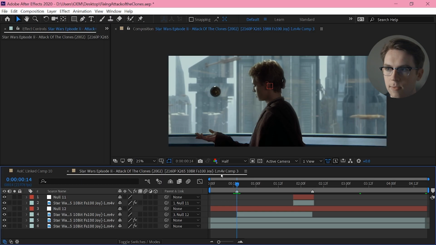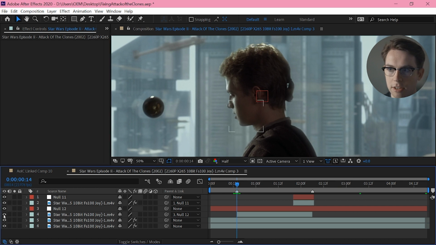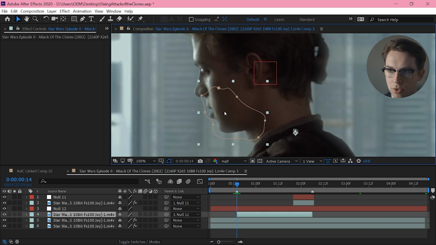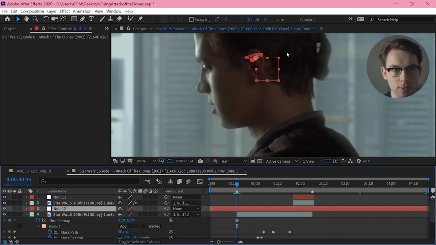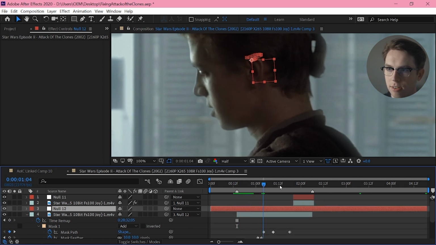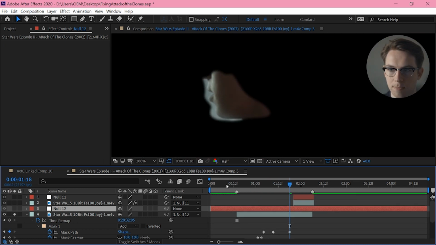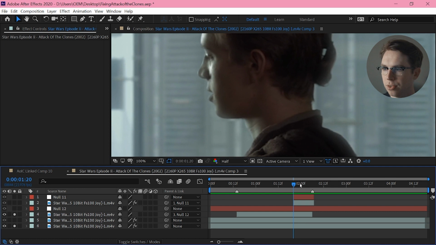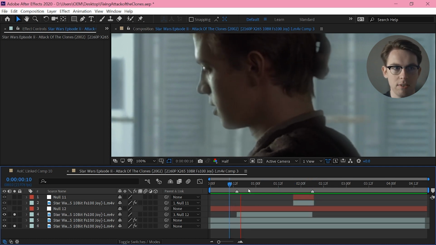Then I'm taking a freeze frame of his face at this point, and I'm sticking it back on top, just the mouth, and I'm parenting that to the movement that we grabbed from that track. So now this still of his mouth is moving in relation to where his face was. But that's not enough, because once we get to the end, it's going to weirdly snap out. It's not going to look very nice.